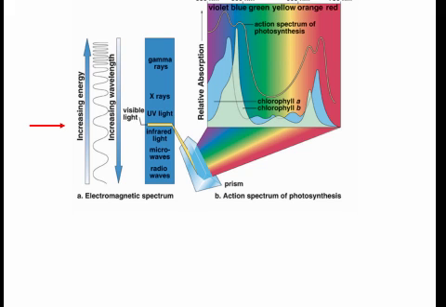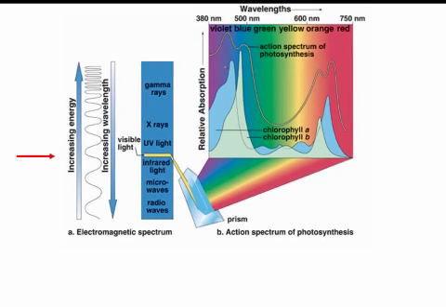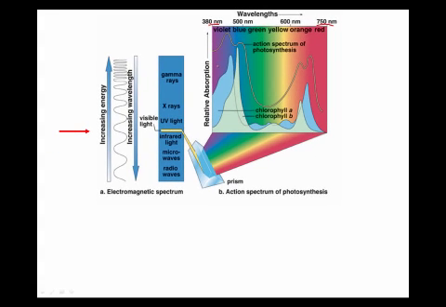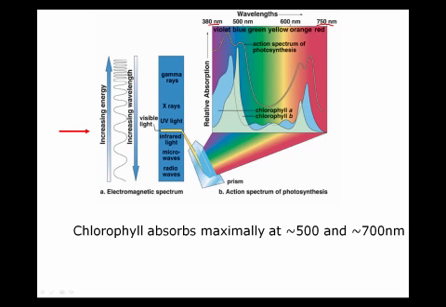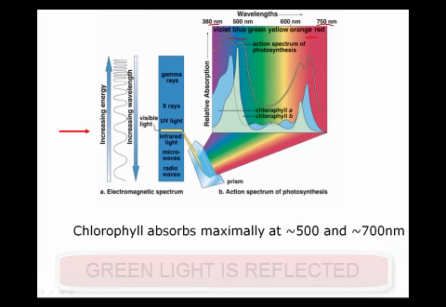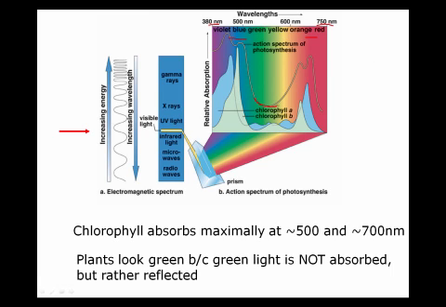The wavelengths of visible light go from about 380 nanometers up to about 750 nanometers. If we were to split these various wavelengths, we would see all of the colors of the spectrum, the colors of the rainbow. Chlorophylls absorb maximally at around 500 and also at about 700 nanometers. And so this corresponds to violet and blue light or orange and red light. Chlorophyll does not absorb green light. And so the reason that plants appear green is because those wavelengths